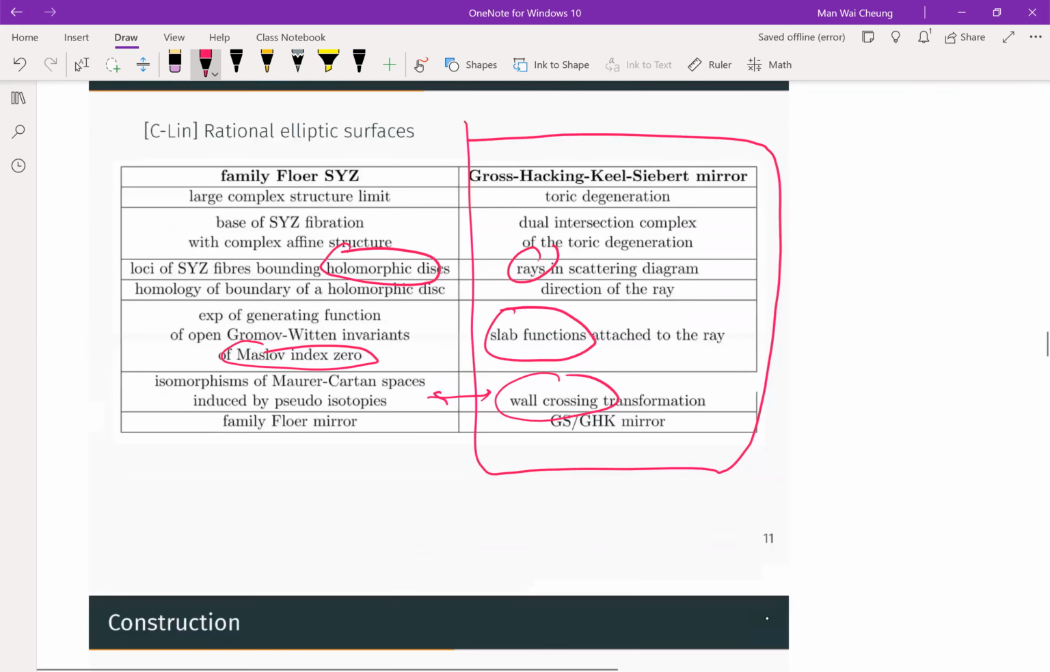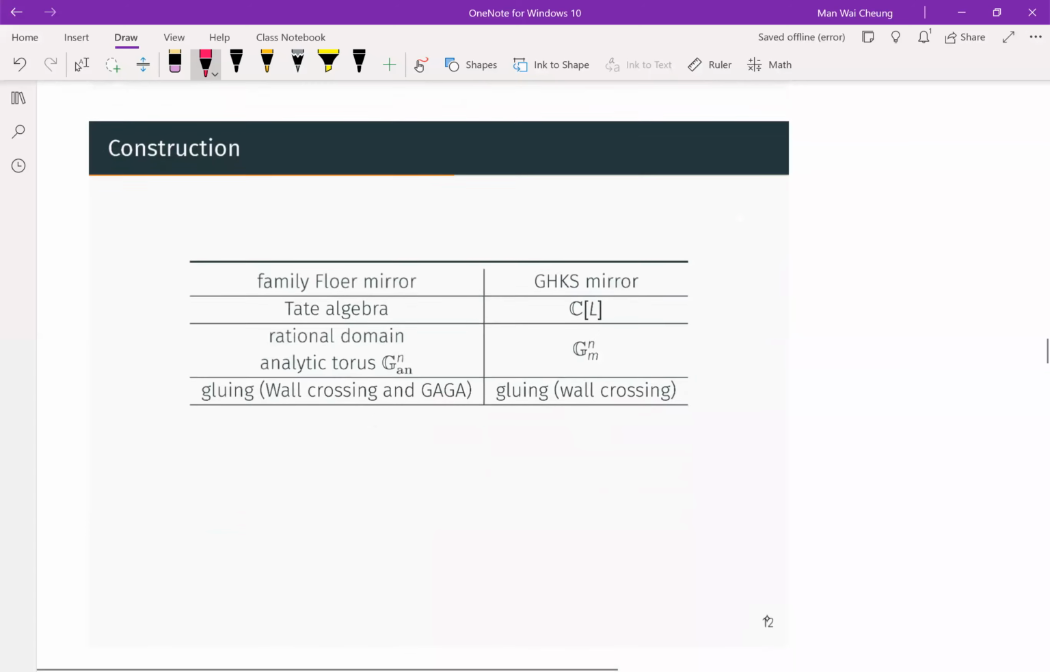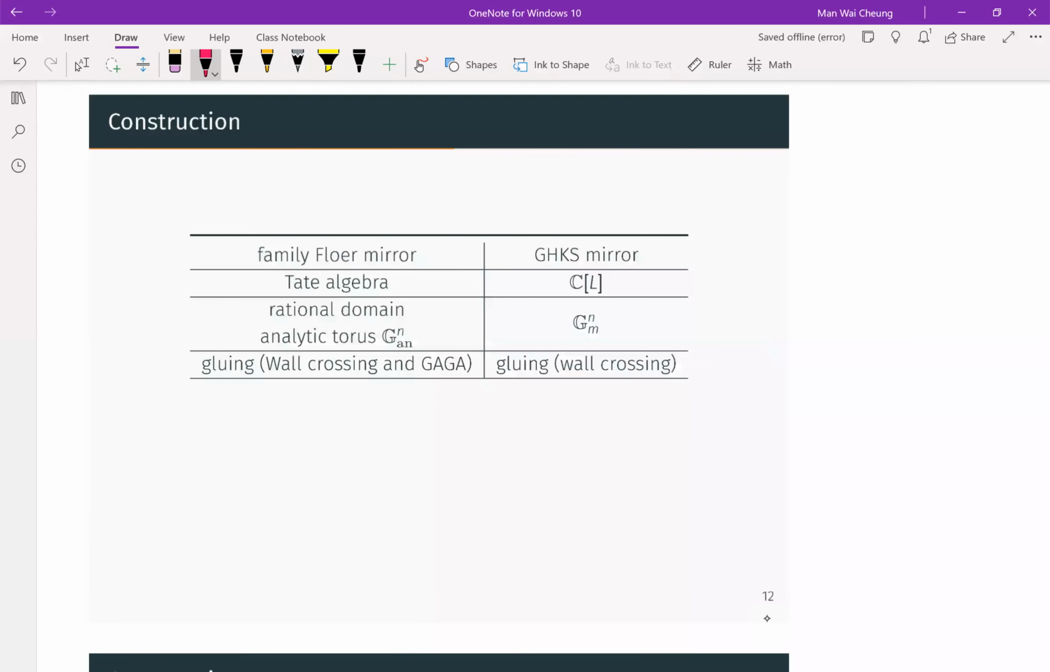So this is what we identify. This is what we do. You can see we will translate the thing in the Gross-Hopkins-Kontsevich mirror. We do the torus, which is like